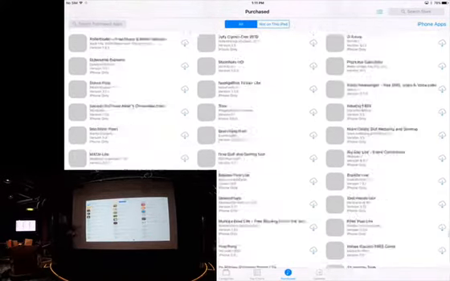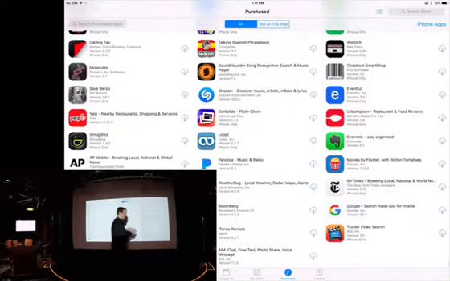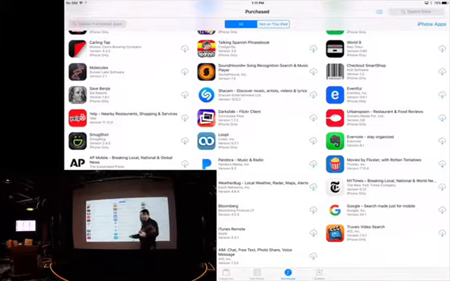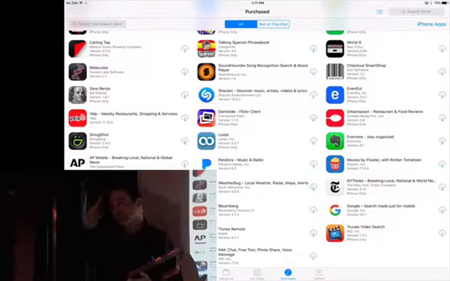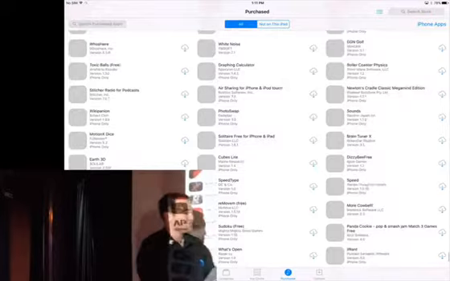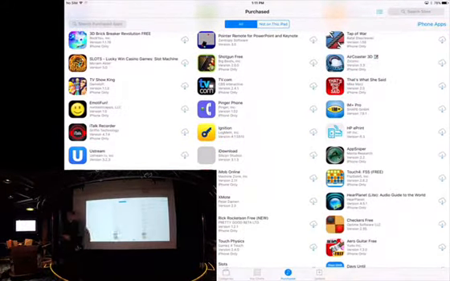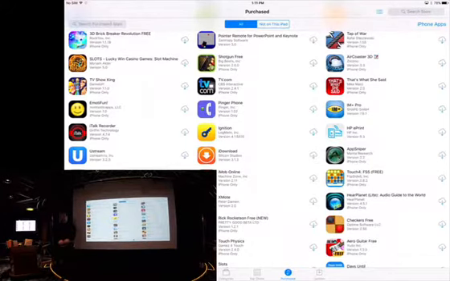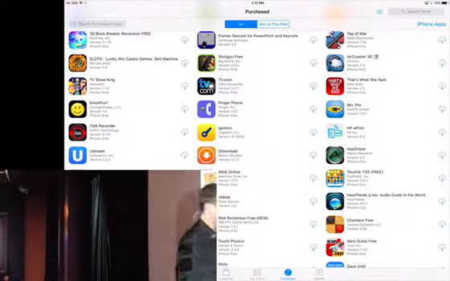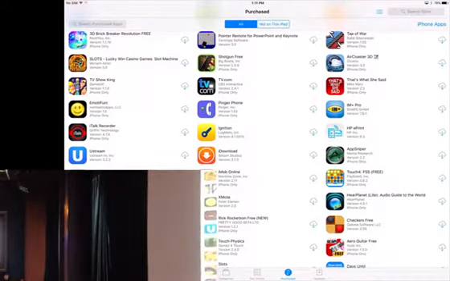If I want to go to my iPhone apps, I can scroll down even more. And my favorite thing is my first two iPhone apps I ever got was AIM Chat and AOL Radio. Just to date myself a little bit. The first apps came out with the iPhone 3GS. They were not on the original iPhone. They were on the iPhone 3GS. You can re-get any apps that you've gotten before. Because people come to me all the time, they go, well, I have all these old apps on my old iPad. How do I move them over? I say, you just go to purchase, you click, and you are good to go.